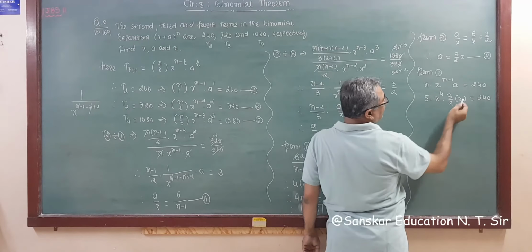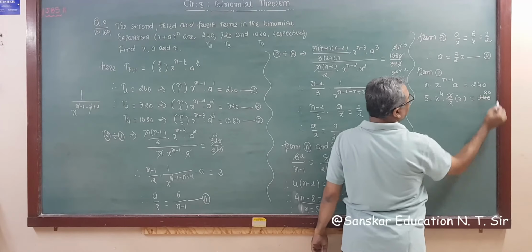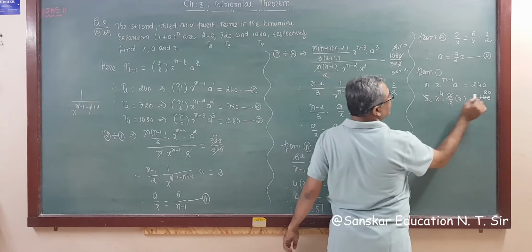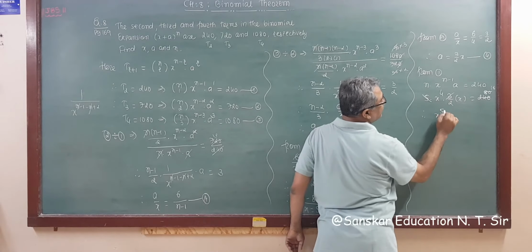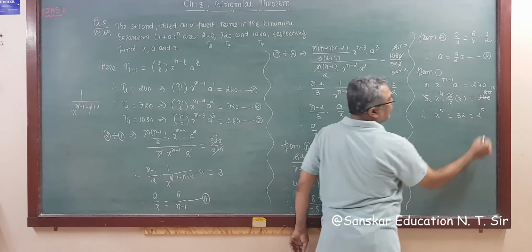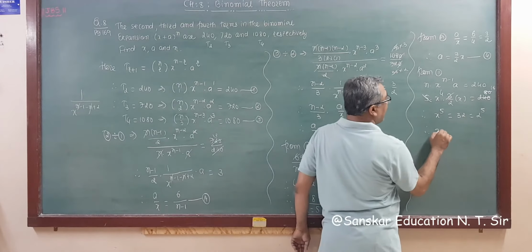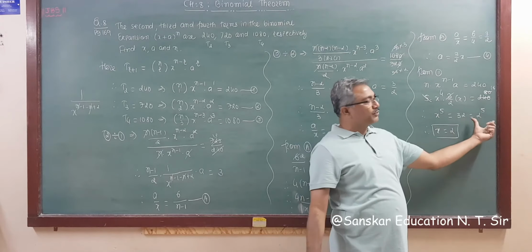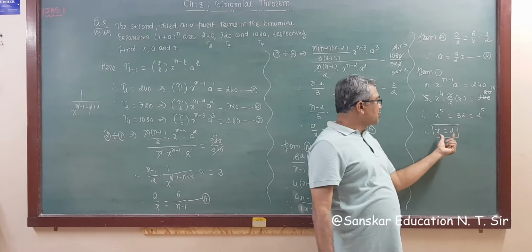Right? So this is 8 into this, that is 80. Now this is 5, so this is 16. So x raised to 4 plus 1, that is x raised to 5, is equal to 16 into 2, 32, that is 2 raised to 5. So what we get, x is equal to 2. Comparing, x raised to 5 is equal to 2 raised to 5. So the base and power are the same. Power same means base is same. So x is equal to 2.